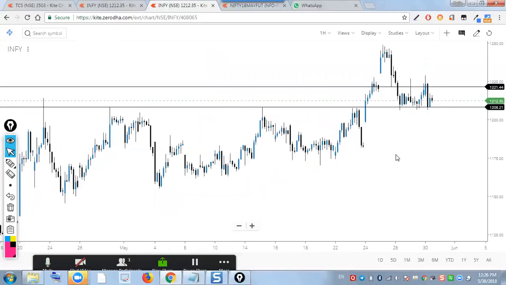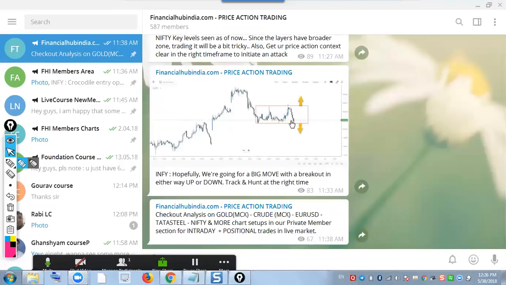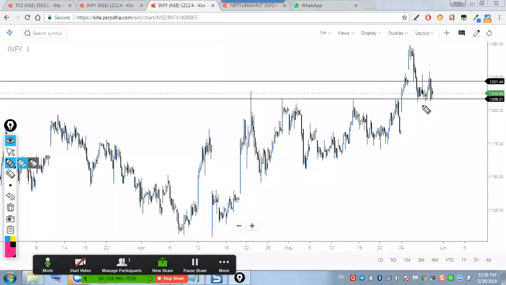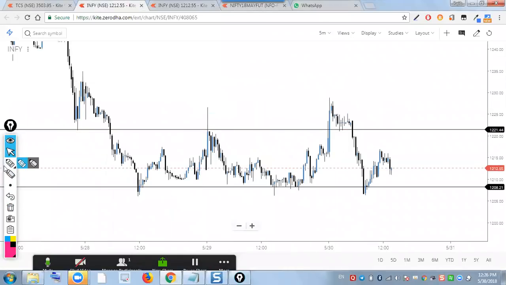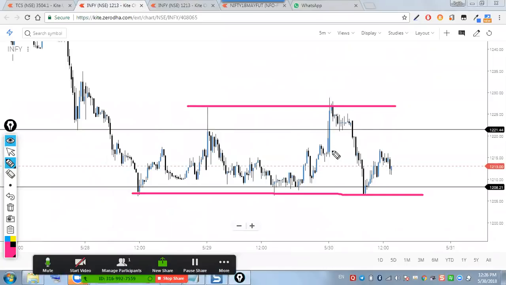Now, this channel you have seen is the same channel you see in here, and we are waiting for it. We're waiting for a breakout on either side. Now, the thing I was talking about, trading inside the channel will be a bit tricky. This is the outside of the channel. The trades inside the channel will be a bit tricky because of the insider key layers. Even though we don't have a bigger zone, we have some insider layers for some kind of disturbance around,